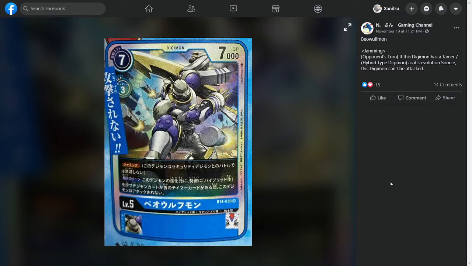Stats aren't anything too particularly special, but he does have the jamming ability, so that's already pretty decent considering we just got a lot of jamming support. And then on top of which, he has another ability during the opponent's turn. If this Digimon has a tamer as an evolution source, then this Digimon cannot be attacked. So that's really good considering this is one where you kind of just want to sit on him